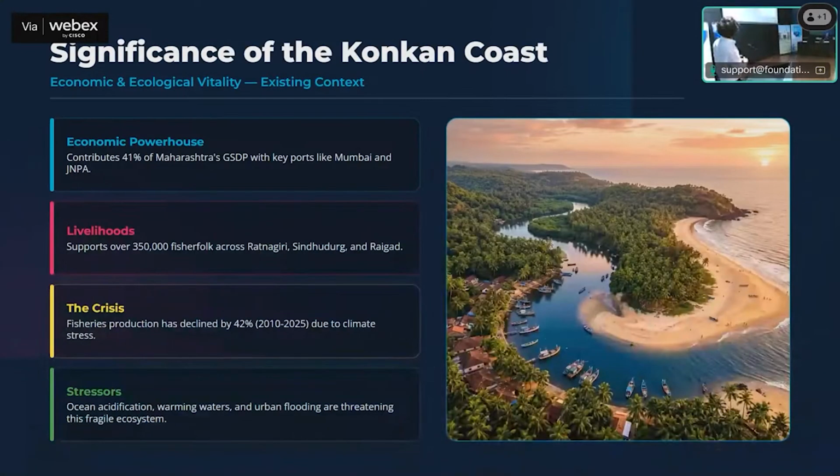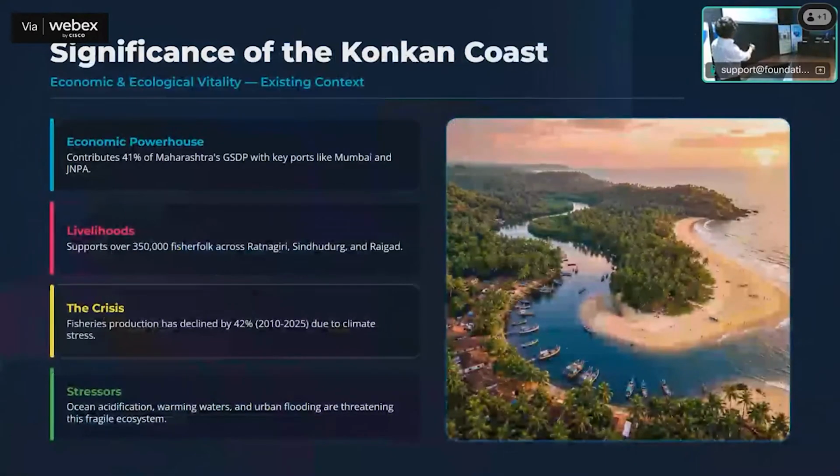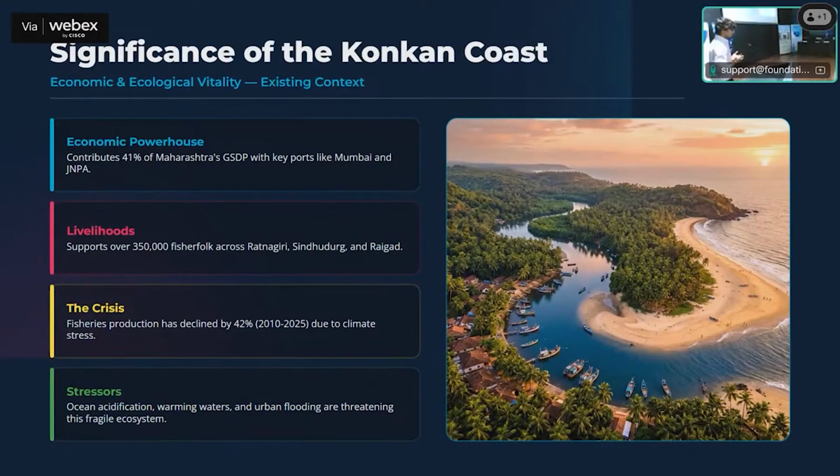So, most of these gaps I have figured out for the Konkan Coast region. Why have I done so? The Konkan Coast is one of the most important Indian coasts. It contributes around 41% of Maharashtra's total GSDP, and it has important ports like Mumbai and JNPA. Along with this, only Ratnagiri, Sindhudurg and Raigad, coastal areas in the Konkan coast, support around 4 lakh